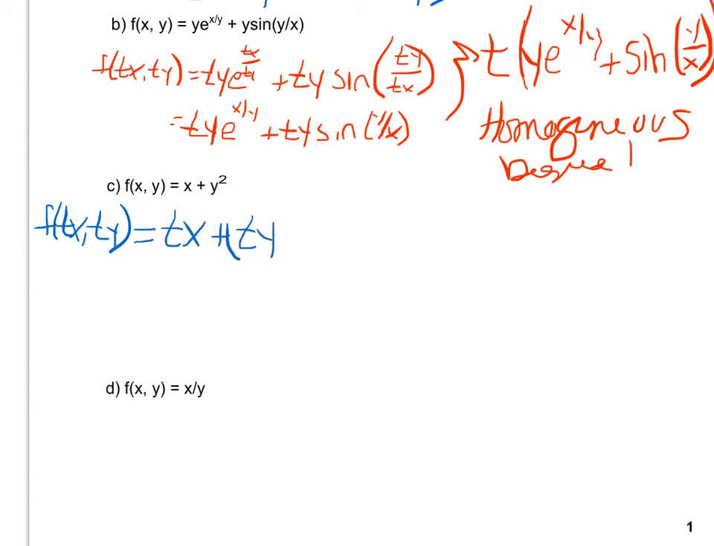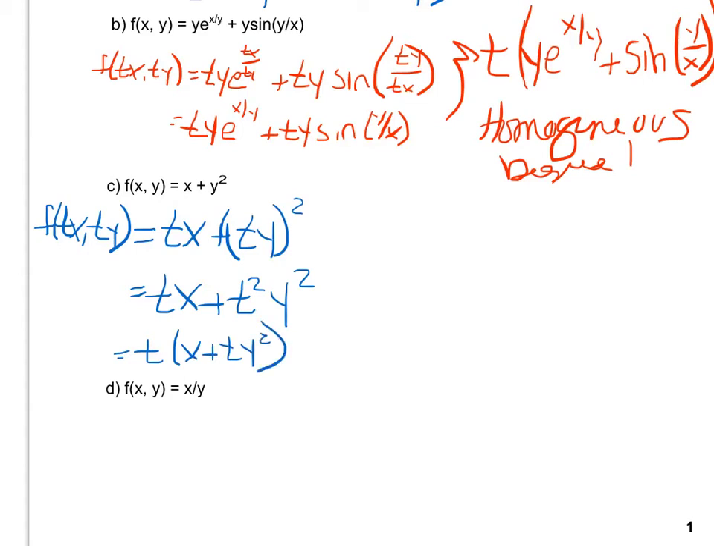plus ty squared. I have to put that in parentheses because I'm going to have to distribute the square in, giving me tx plus t squared y squared. So I notice I can factor out a t, giving me t times x plus ty squared. Because of this t, I was not able to rewrite this as t to the n times f of x, y. I have an extra variable in there, so this is not homogeneous, which means I do not have to worry